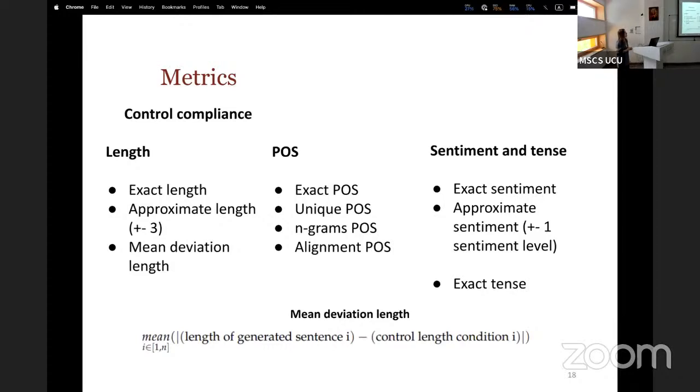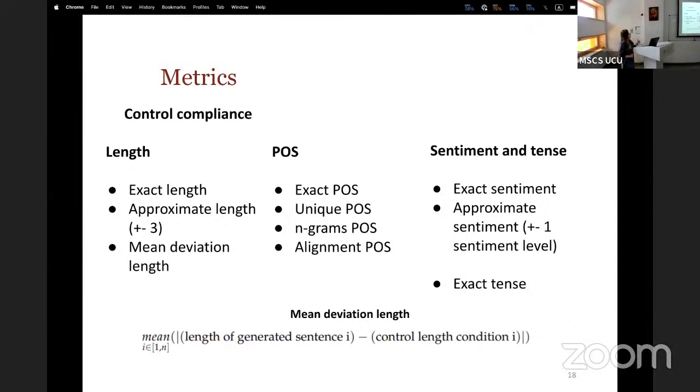For length, it's exact length compliance, approximate length, which is plus or minus 3 words and punctuation symbols, and mean deviation length, which is simply the mean of deviation from the desired control condition. For part of speech, we also have a set of metrics: exact compliance with the exact structure, presence of the unique parts of speech which we want, grammar compliance, and alignment, which I will talk about on the next slide.